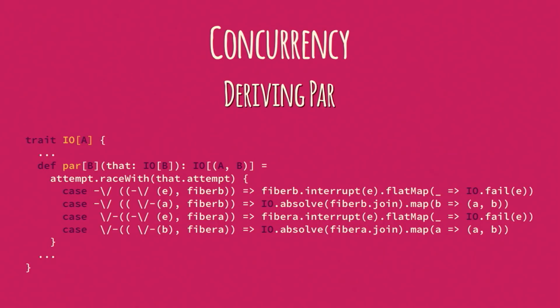And there are a few different cases you have to contend with, but this is good. These cases actually force you to deal with it: I'm running this one, and then this one fails. What should happen? Well, we don't want to waste computation and let this one keep running, so we chop it off, we interrupt it. And vice versa, it's symmetrical and so forth. And then it's only in the case that both run to completion that par of A and B actually produces a tuple of the results.